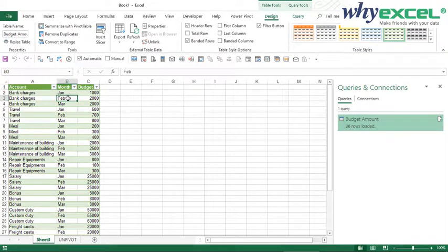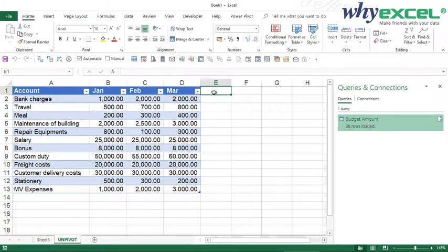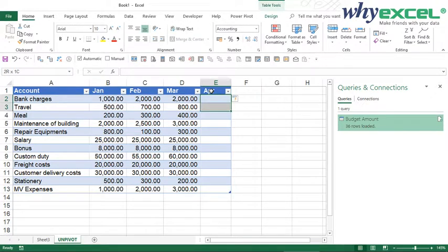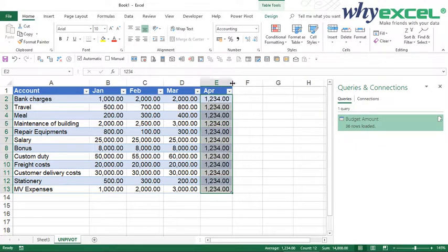In the future, when there are any updates on the data, let's see, go back to the unpivot. I add another month, which is called April after March, yes. And I key in all the numbers as 1, 2, 3, 4 to make it simple. Since I selected them, I press Ctrl Enter. After I type, I widen the size.